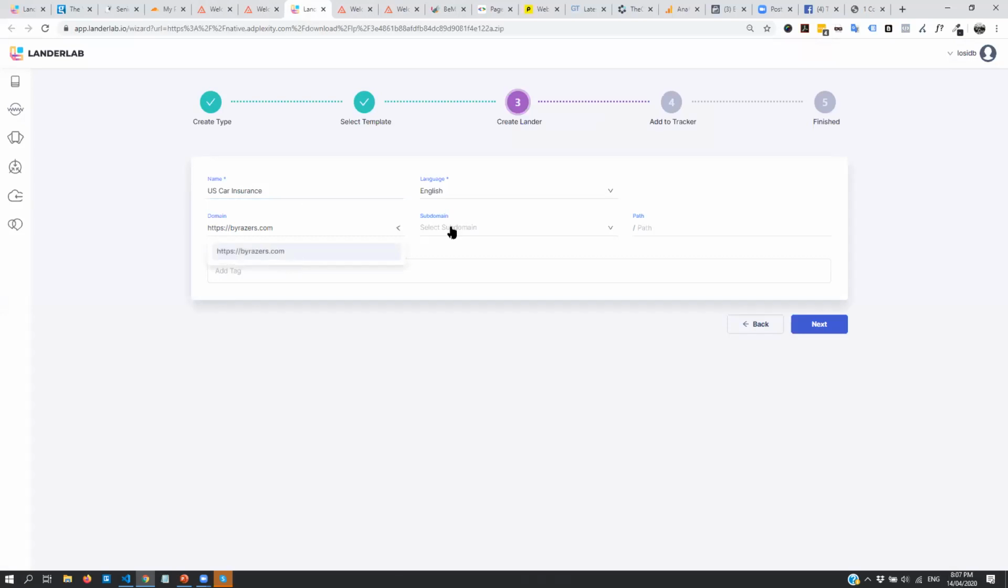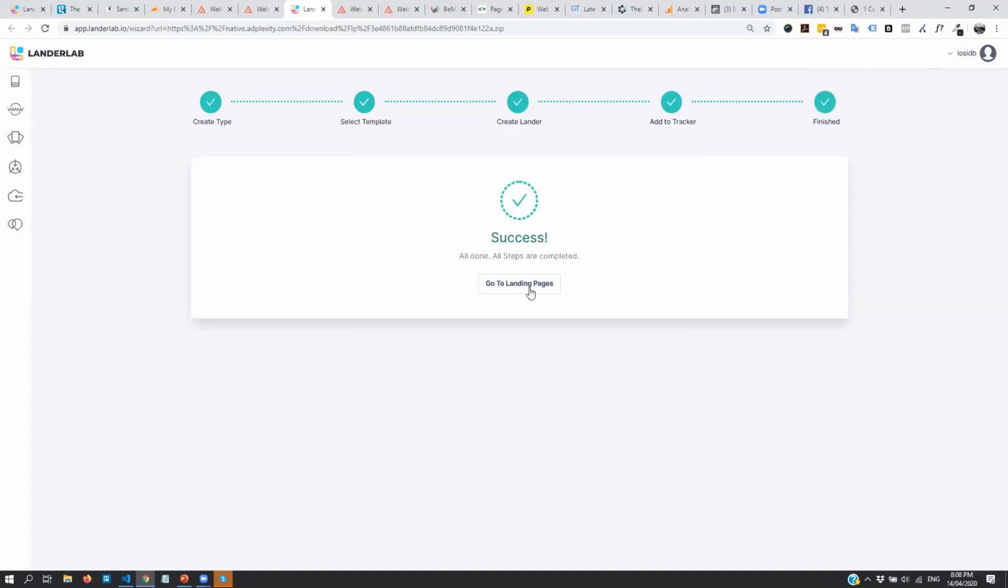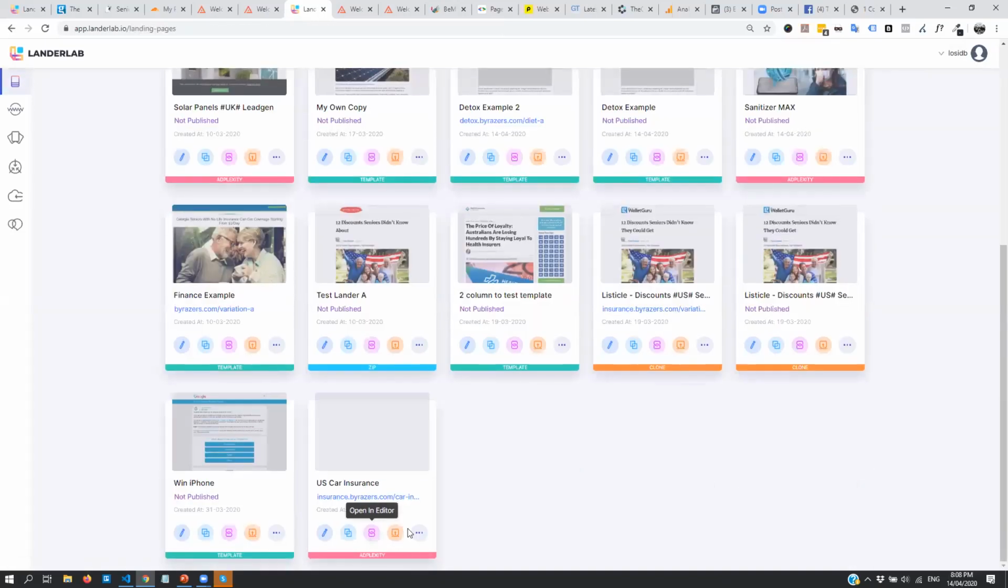We specify the domain, the subdomain, the path. So let's say car insurance. We move to the next step. And here we can specify if we want to add it on our tracker or not. And after that, we can open the editor and edit the landing page. So here I will just not add it to my tracker yet because I need to clean it first. So I will go to the landing page, open it on an editor,